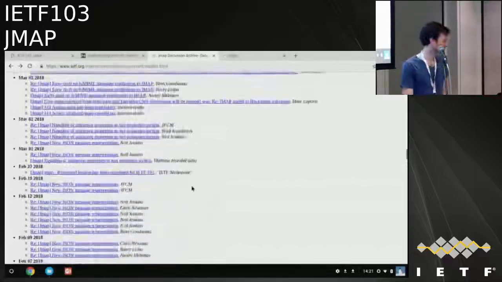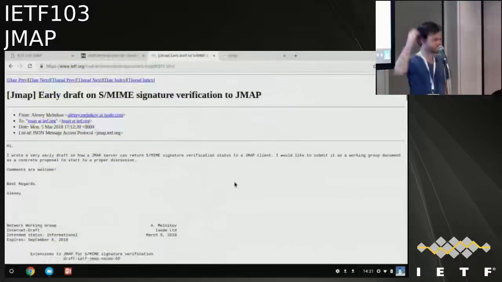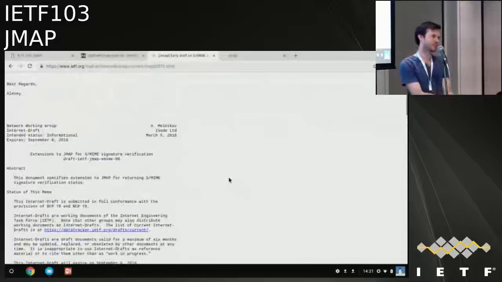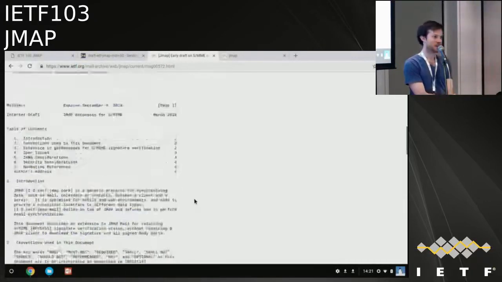So you're going to store your private key on the server? Well, that's the downside of it. Yeah, you have to trust it. So maybe for this reason, it's good to have two separate documents, because for signature verification, you don't need any private keys on the server. Yeah, that seems worth having two separate.